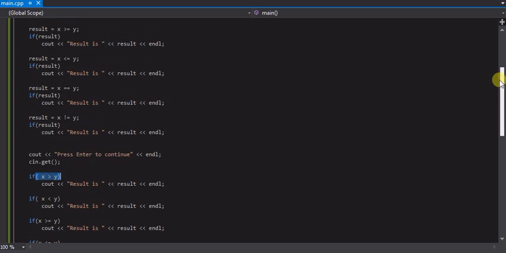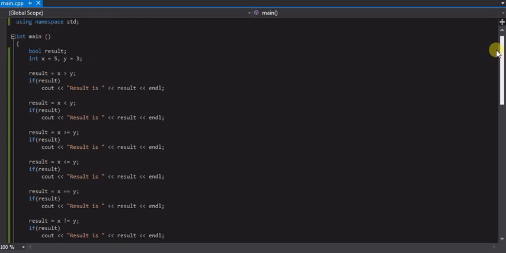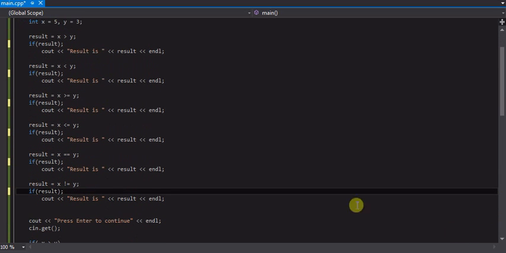Things to be careful about. Right? In C++, in general, all statements have semicolons at the end of them. Notice there are no semicolons on these if statements. They do not belong there. If you place them there, which I will do now, on every one of them, at least for the first grouping, and we rerun this program,